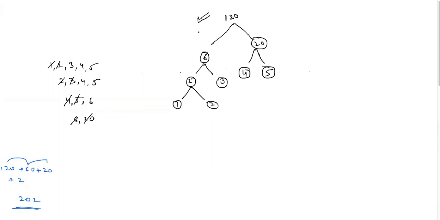This tree will have the minimum sum of non-leaf nodes. So this approach and the Huffman encoding that you explained earlier, both are greedy algorithm based. Both are greedy algorithms. So here we are not even looking at all the possibilities.